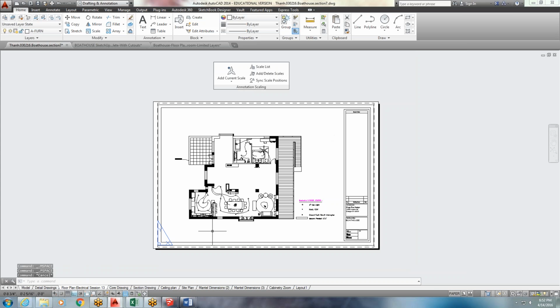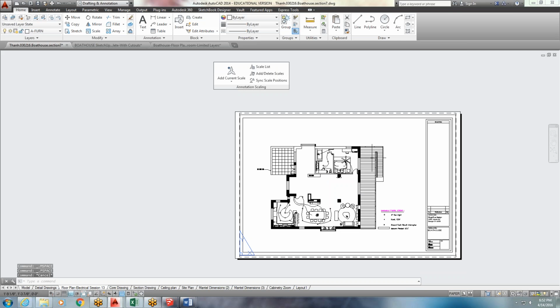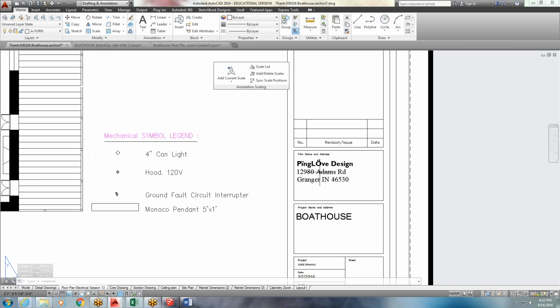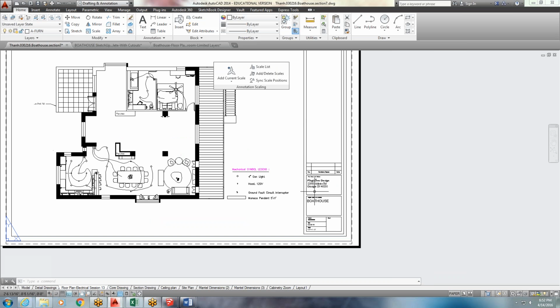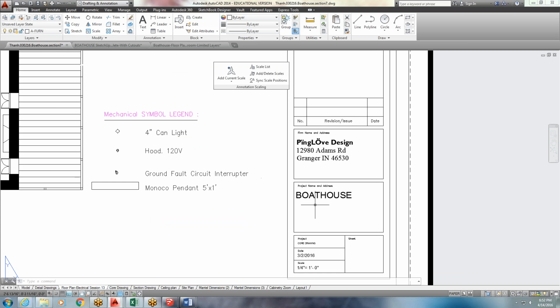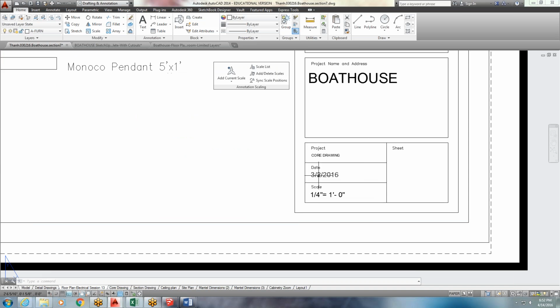All right, so I'm going to export that for you. Again, I want all your information as you had it when you last imported the PDF. So for Tan, she has her name and address, or name of her design company, the project. You update the date to be the current date. The scale should be 1/4, and then update your project name